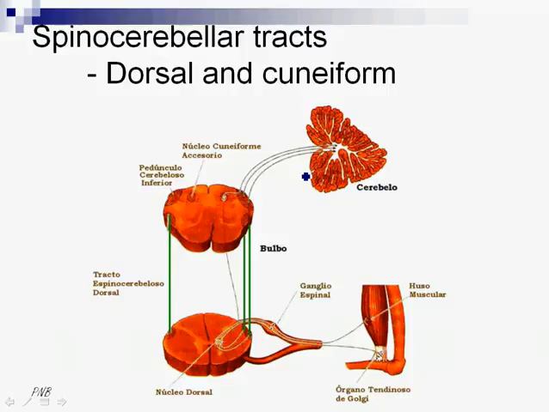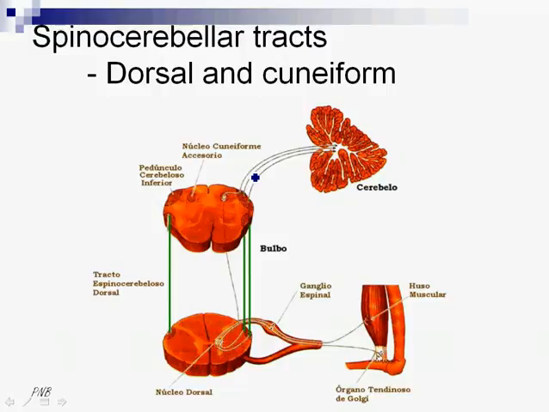Then the accessory cuneiform nucleus. That's in the medulla oblongata. That's where the first neurons of the cuneiform spinocerebellar tract ascend. They ascend straight through the spinal cord up to the medulla oblongata and to the accessory cuneiform nucleus, where the second neurons are situated, and also send their fibers to the homolateral side of the cerebellum via the pedunculus cerebellaris